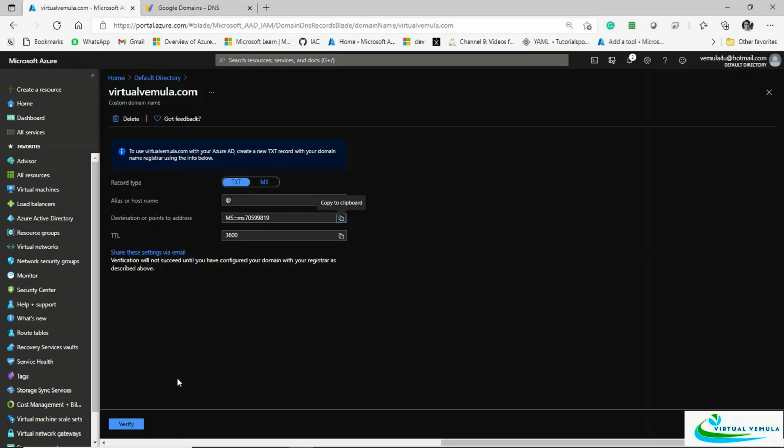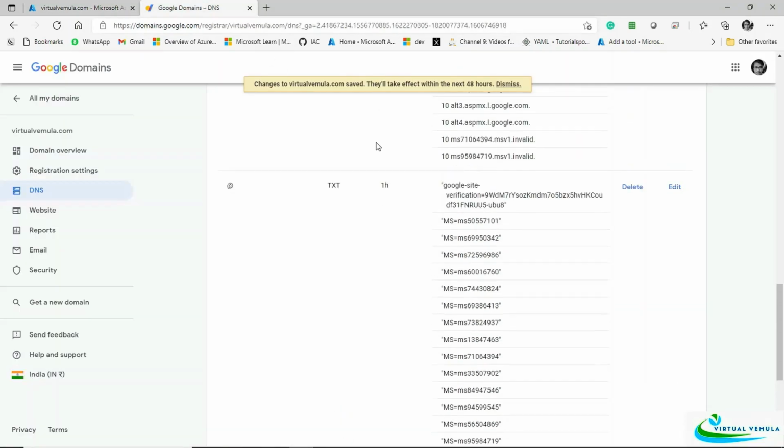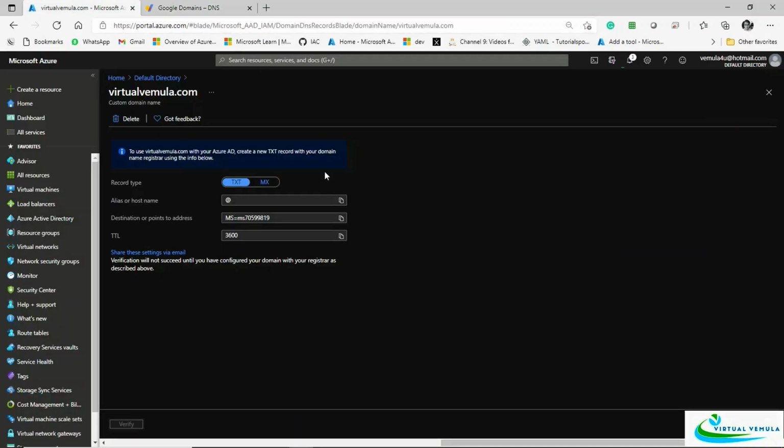Now it takes a while. We can try verifying it. Because you added this record, which is MS equals some value, when I hit verify, my Azure will look for this record in the TXT records on this domain. Once it finds these values, it successfully verifies the domain.